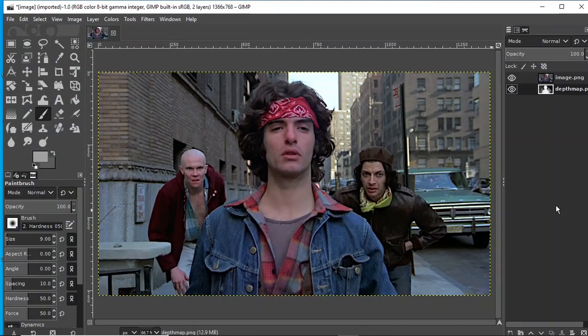Hey guys, today I thought it would be a good idea to cover this: let's say that you have an image and you got a MiDaS or LeRes depth map, and there are a few things that are wrong in the depth map. So how do you fix it in, let's say, Gimp? Because I know Gimp, I don't know much about anything else really. So yes, I'll do the fixing in Gimp, but I'm sure you can do it in Photoshop